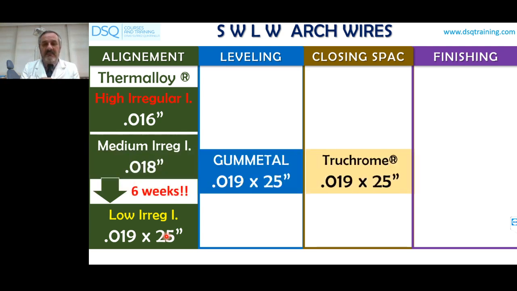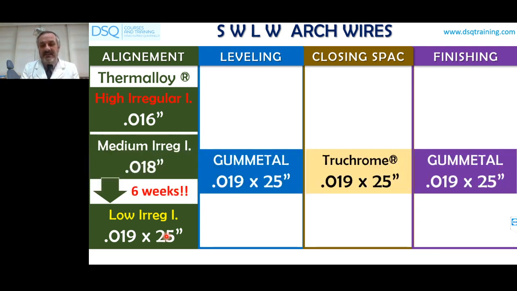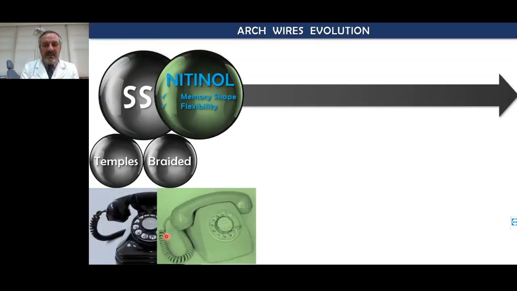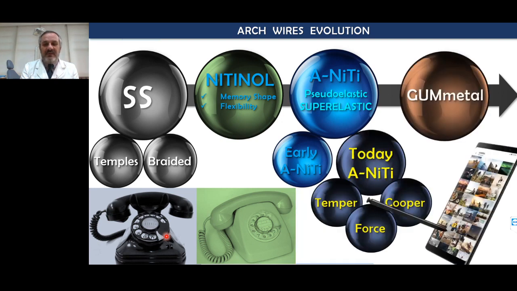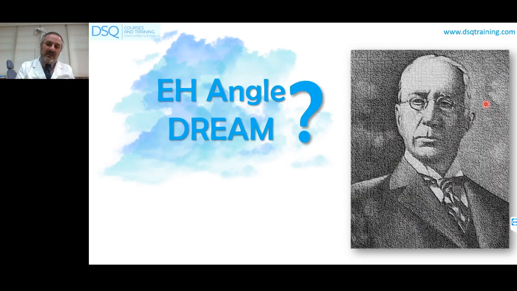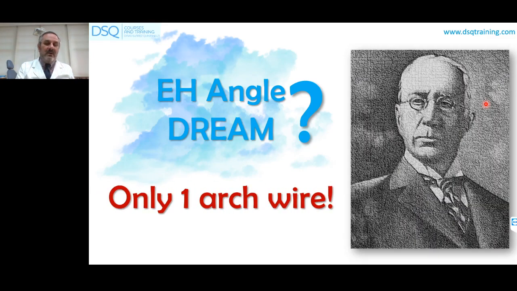gunmetal. We use the gunmetal for leveling and finishing. Gunmetal is a special alloy for this type of treatment. And nowadays, remember the evolution of the super wires. Now we have nickel copper, we have superelastic austenitic nickel titanium, and wires like the gunmetal. I use it a lot, the gunmetal. What is the gunmetal? It's a dream of